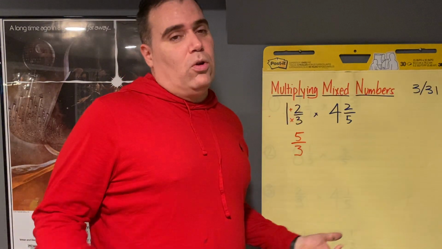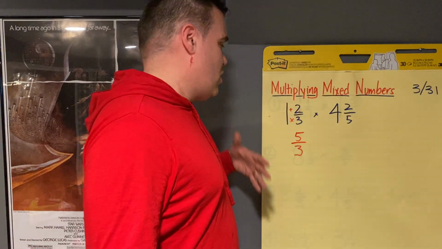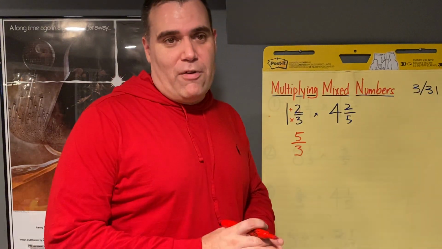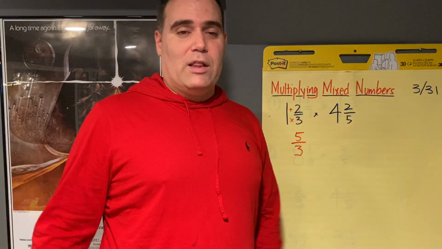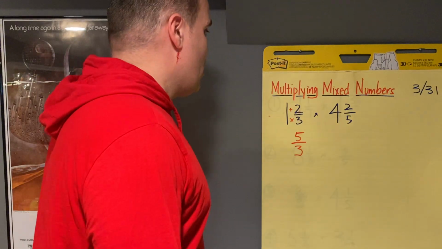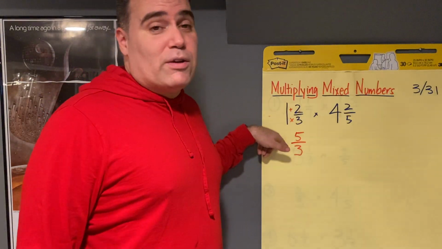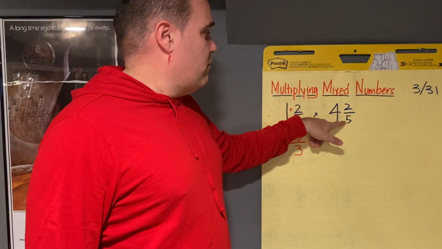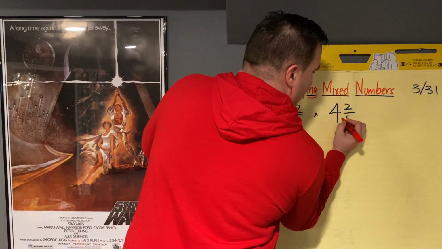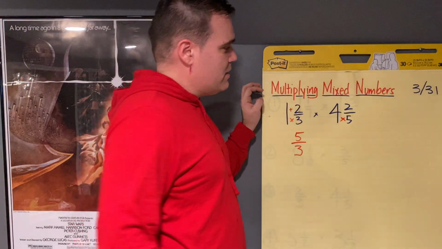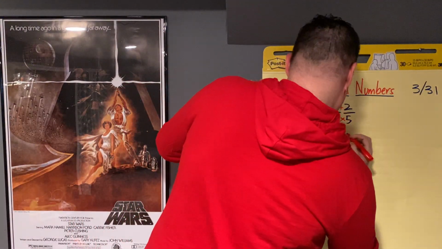So that's the whole key to multiplying mixed numbers. Once we turn them into improper fractions, then we can multiply them like we would regular fractions. So 1 2/3 is equivalent to 5/3. Now 4 2/5, we're going to multiply. 5 times 4 is 20. Plus 2 is 22, so we get